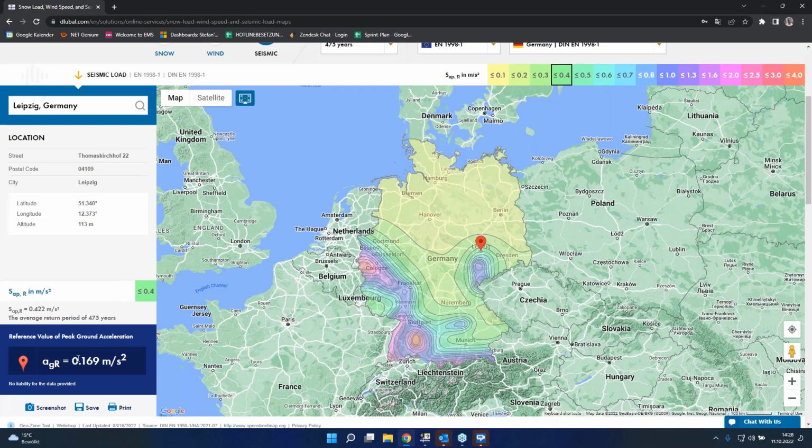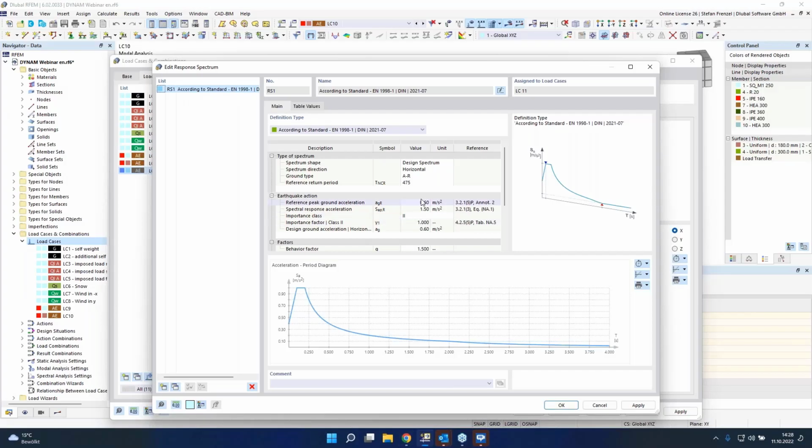And of course, here we have now our reference peak ground acceleration, which is here with a value of 0.169 meters per square second. This is a small value. If you go to other countries, of course, you get much higher values. So in our case, okay, we want to use this value. Then we can go back to our RFEM, and we just have to type it in, 0.169,